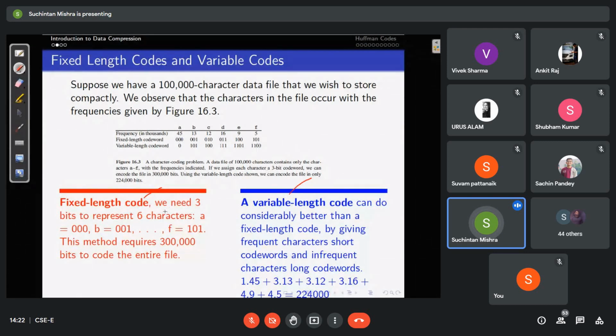For the fixed length scheme, you see every code word is taking 3 bits. So if A is occurring,